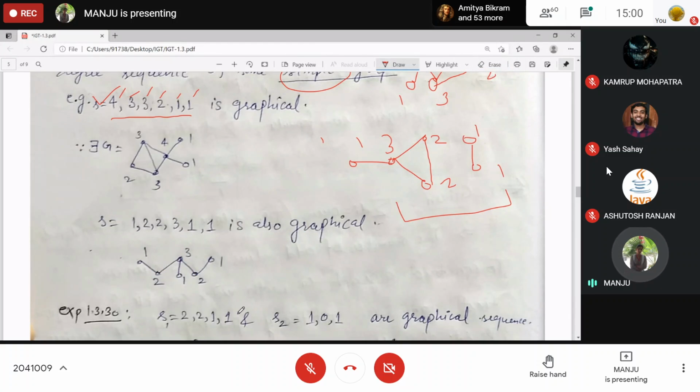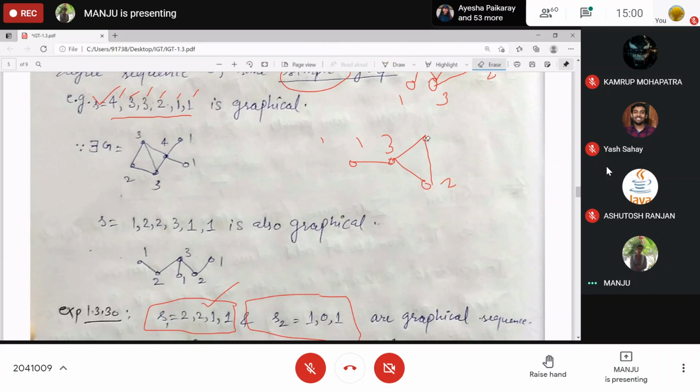What can you say about the sequences S1 and S2? Can you find one graph? These are graphical sequences given. Can you find one graph corresponding to this one? Yes? Yes, P4.